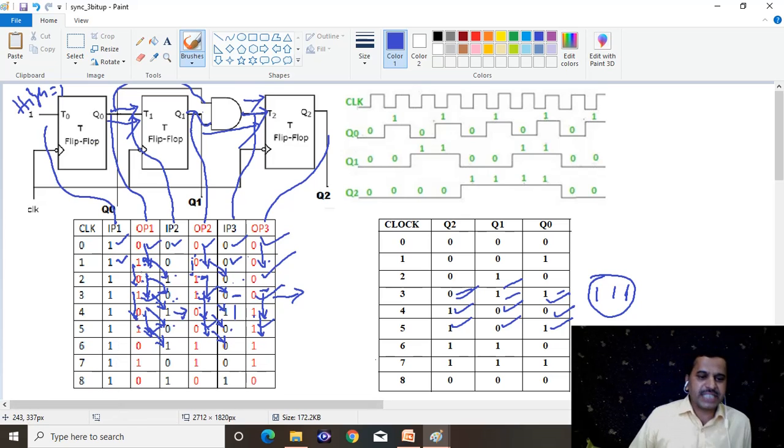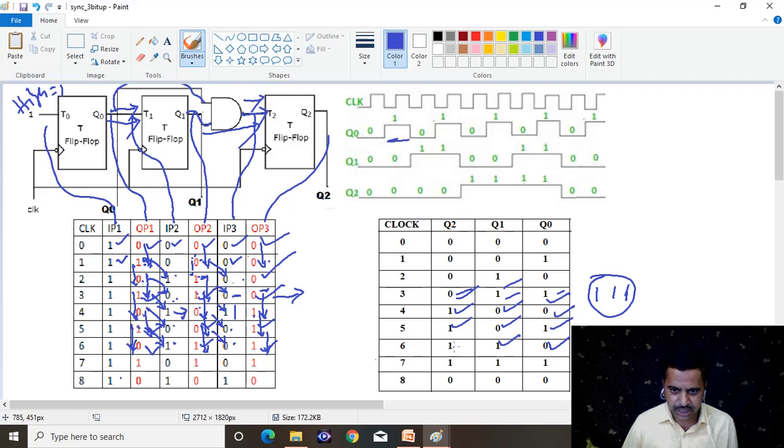After the application of the sixth clock pulse, again it changes the state from 1 to 0. Because it is a 1 for the second flip flop, again it has to change the state. It was 0 earlier, now it is going to be 1. Here it is 0 for the third flip flop, so there is no change, it retains its previous state. At the end of the 6th clock pulse, now it becomes 0, 1, 1.